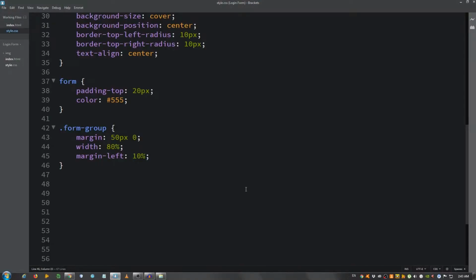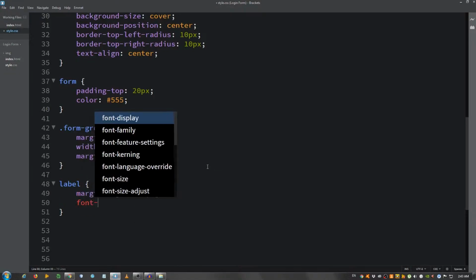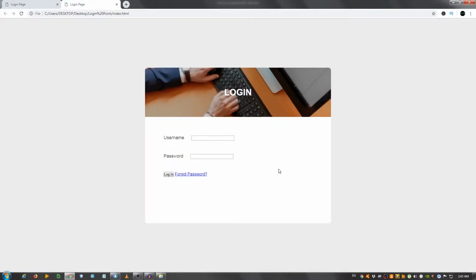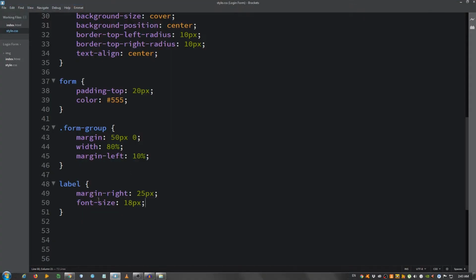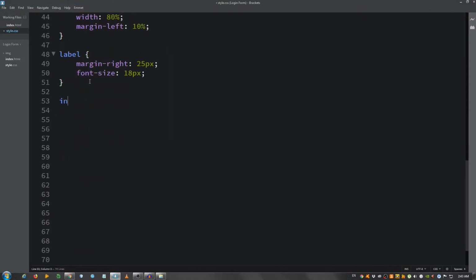Okay. Now I'm gonna select the label element. So label. I'm gonna say margin right 25 pixels and a font size of 18 pixels. Let's take a look. There you go. Now let's deal with these input fields. So I'm gonna say input, and inside square brackets I'm gonna say type equals single quotes text, and I'm also gonna say input type password,